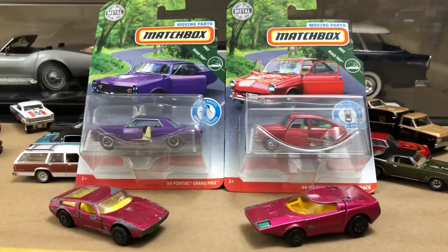What's up? We got some new ones. These just came out. They were showing the previews for these a little bit late last year, so now they finally hit stores. I kind of thought about them for a little bit, then I didn't want to get it, but